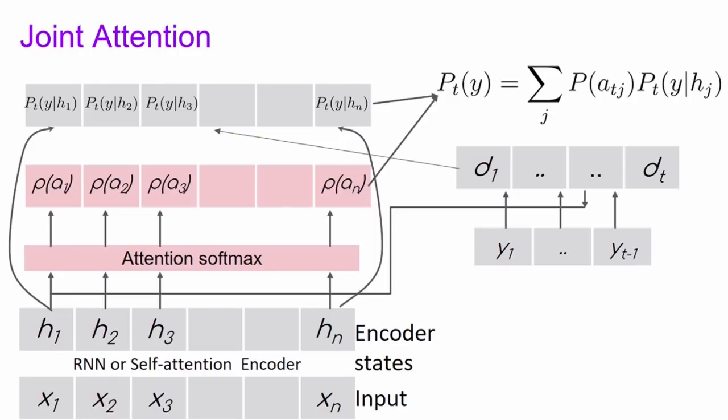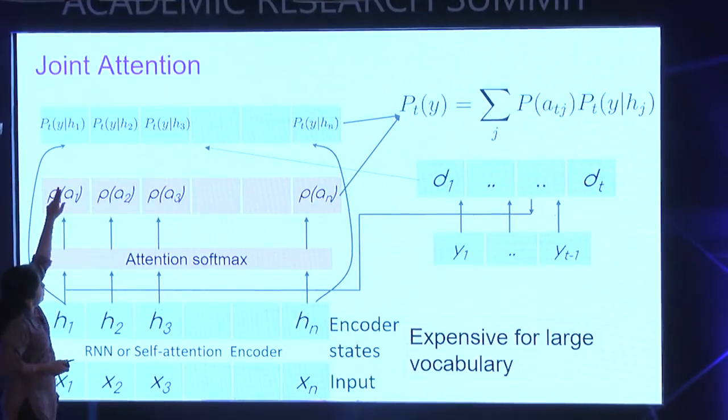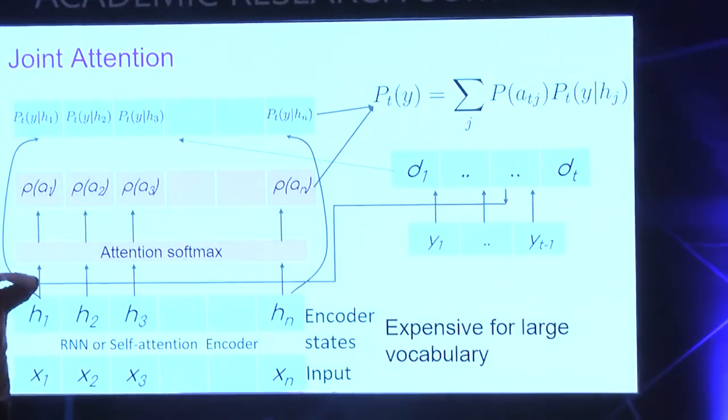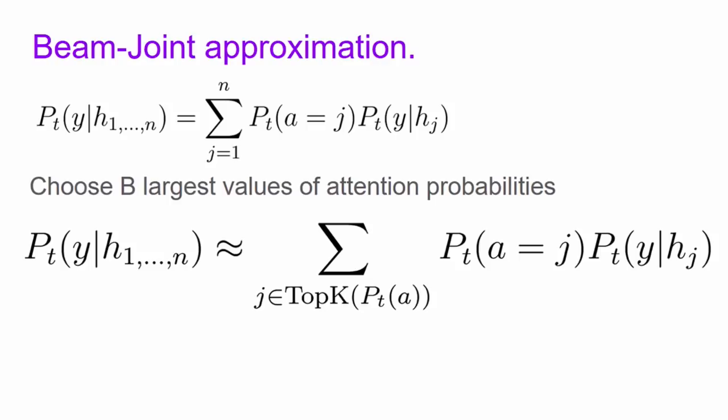Now, people who work on translation are going to clearly see one big problem with this approach, and that is that it's very expensive. When the space of y's is very large, then at this step, where for each of the input states you are creating a multinomial distribution using a softmax function over a large vocabulary, it's not going to be practical. So while this method is sounder, it's more expensive because of the large number of softmax computations you have to do at each step. So what we did was a very simple approximation